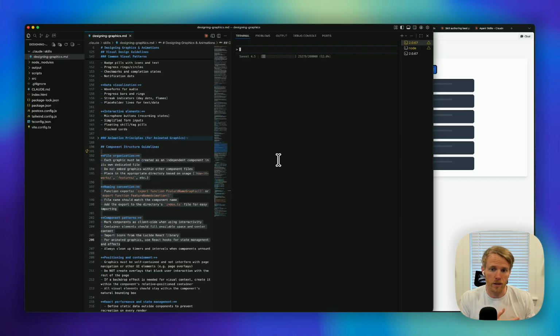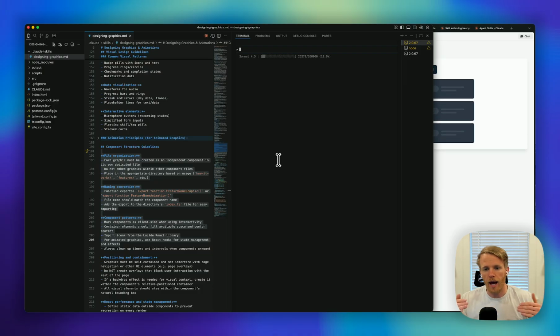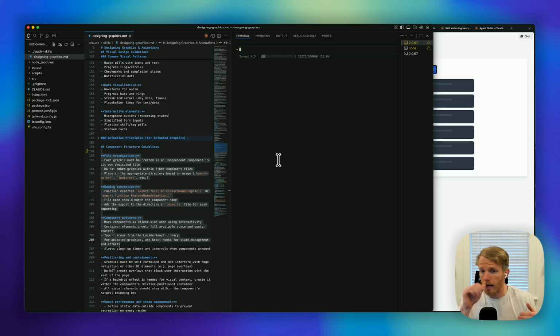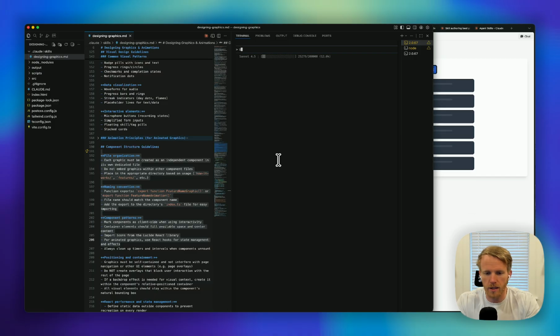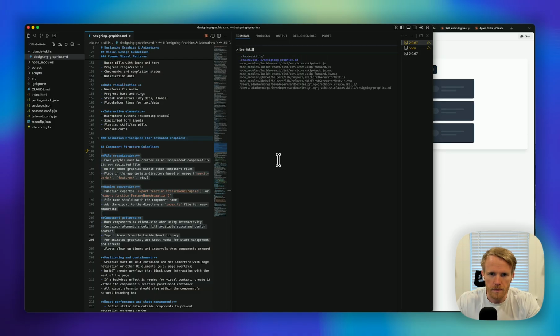They say that the model will invoke them on its own. I've seen that happen in a little bit of a spotty way. So I just want to be certain that I'm going to hit that skill in order to do some task. So what I might say is, use, and I'll just reference the skill here, which I've named designing graphics,